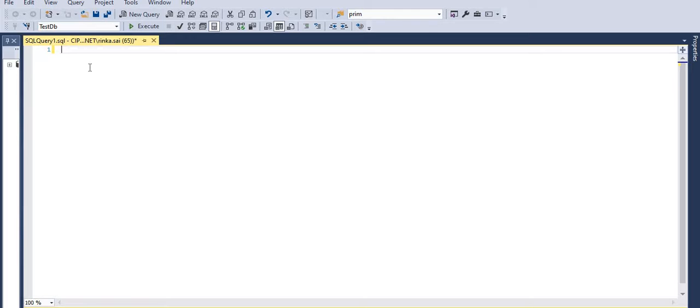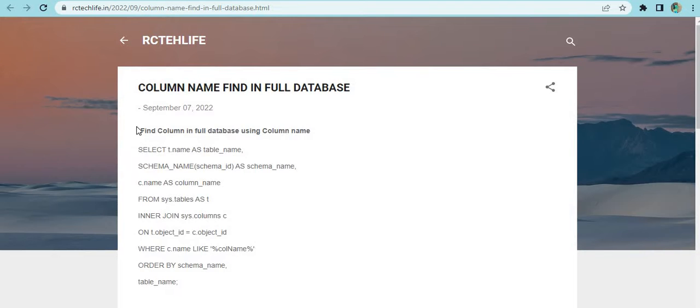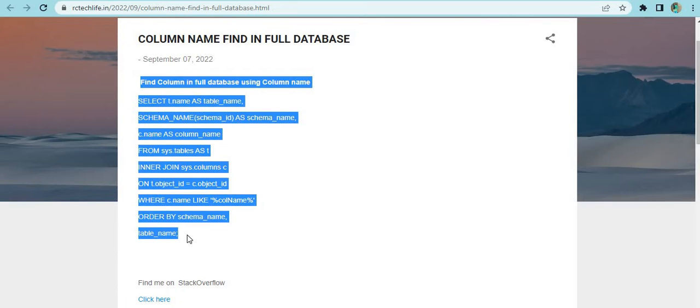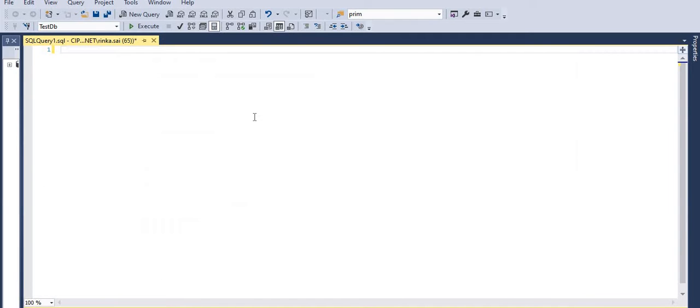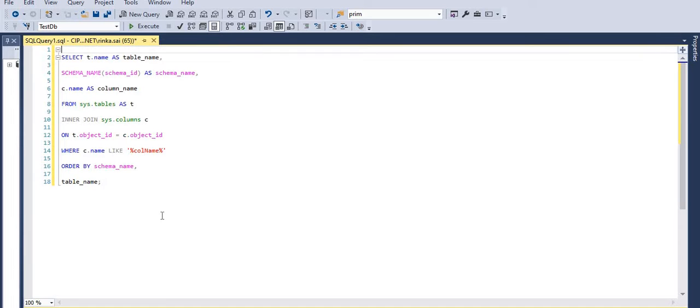So here we can discuss what the benefit of enabling line numbers is. Sometimes we have lots of lines in our query. Suppose we have thousands of rows in a stored procedure, and we need to debug a particular line with the help of its number. Sometimes it is difficult to find a particular line. So here, if we are getting any error, we can directly jump to that particular